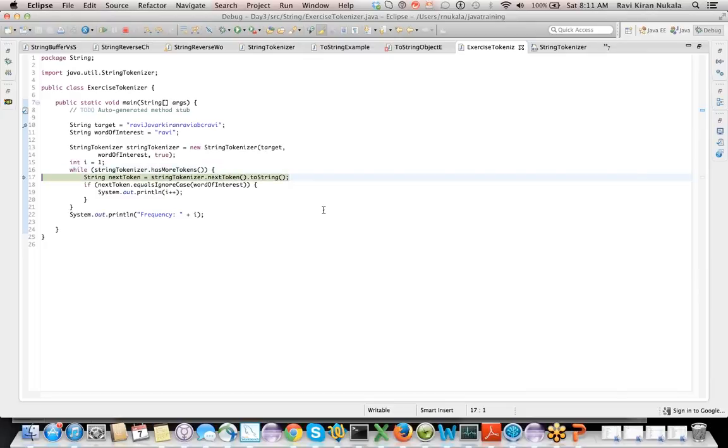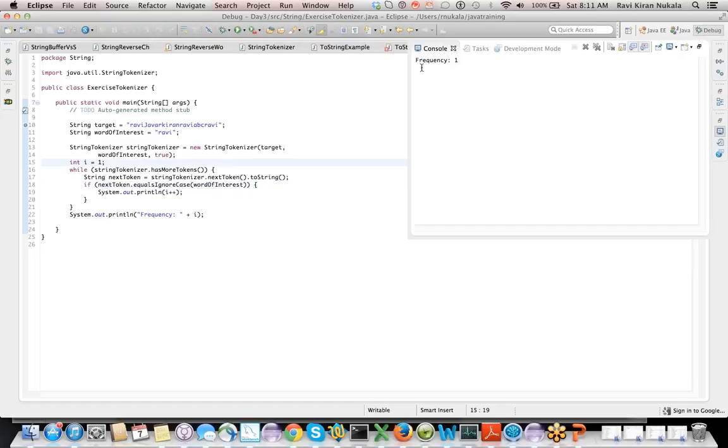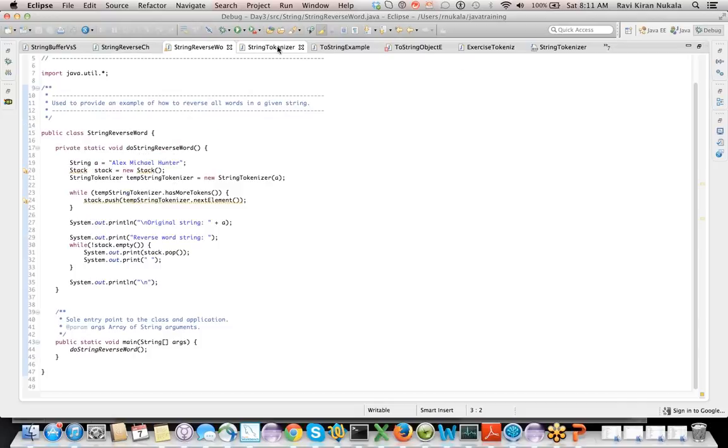Hmm. It's just giving me the individual elements when we are saying token, but that's not what we wanted. I wanted a little bit different. Let me just quickly see here.